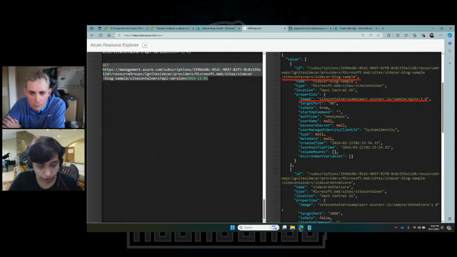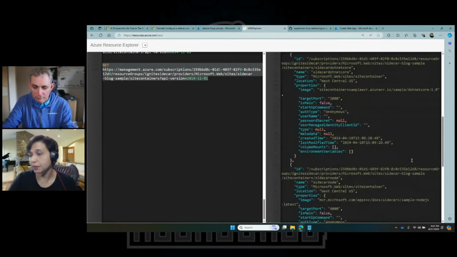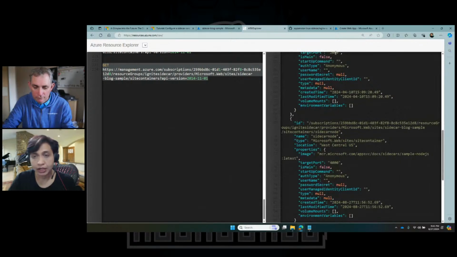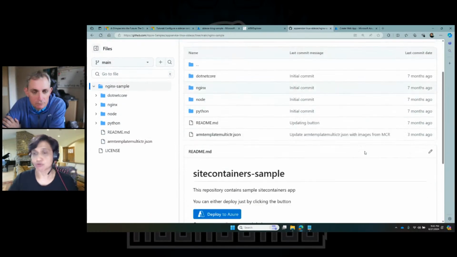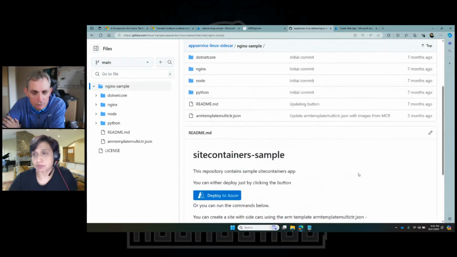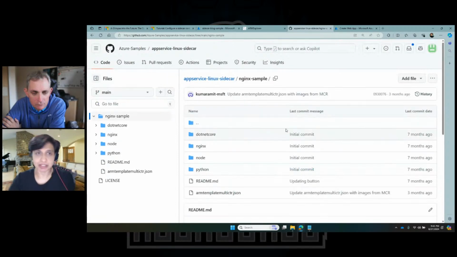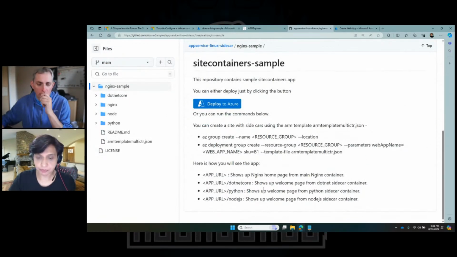And if you scroll down, you will see the other images like the .NET Core image or the Python image and so on. We have this available in a repo. It is linked from the blog. So if you want to run it, it's pretty easy to run. And you don't need to just be limited to this. You can just create your own images and run it as well. So that's my first demo that I wanted to talk about. I'll just pause for a second.